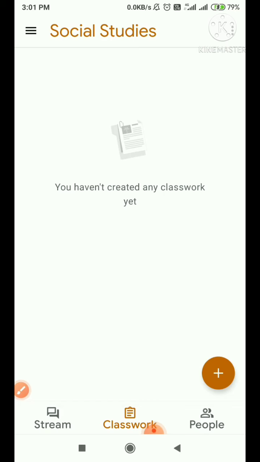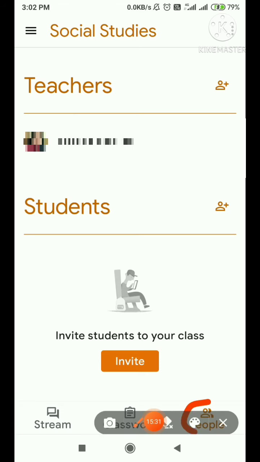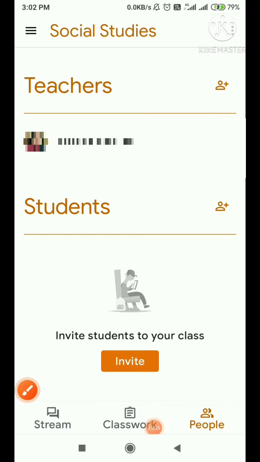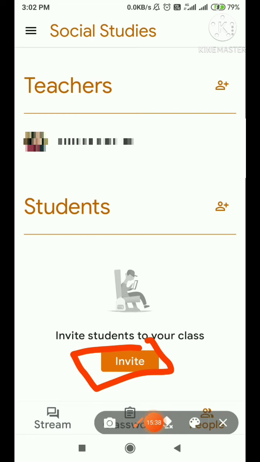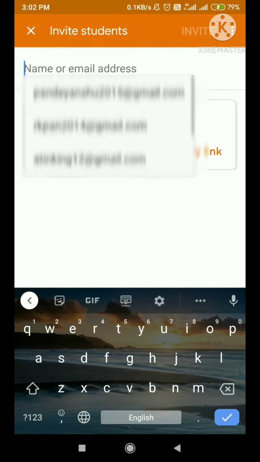So now I will tell you how to send an invitation link in the second style. First we have to go on this option. I have gone, as it is showing brown, meaning I have selected it. Then we have to go on this option, invite. We now have 0 participants. So after clicking on invite, here a list of emails will come.